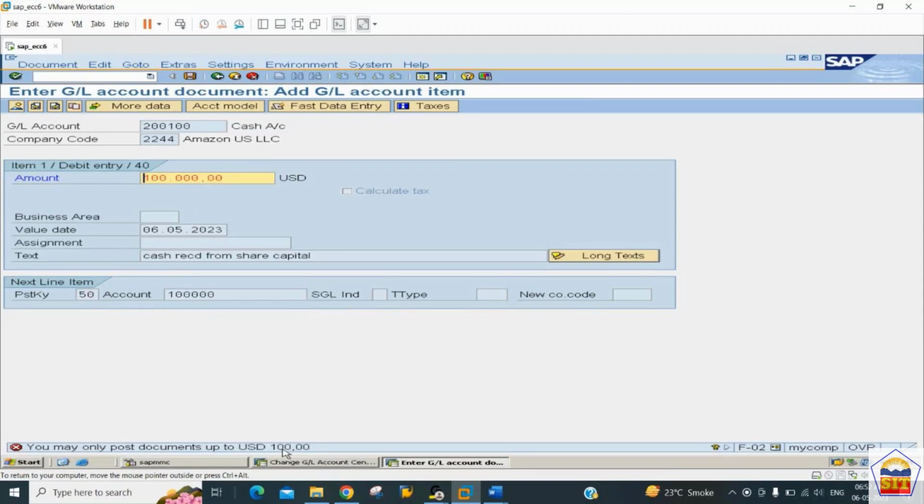So why is this error coming? Because if you remember, in the tolerance group for the GL account posting, we have given the limit as $100. So we need to either increase that limit or mention this amount below 100. So let's increase that limit. And if we go